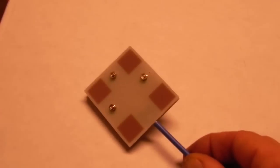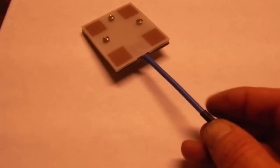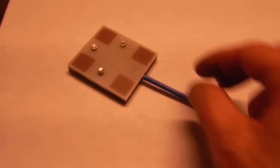Well, I saw these on eBay, and then when the High One Zero UAV came in for setup and service, this came with the 5.8 system on the Zero UAV. Now, on eBay, these are about, I think, around $28 or $30. And I wanted to show you what's inside of it, because I'm starting to make my own